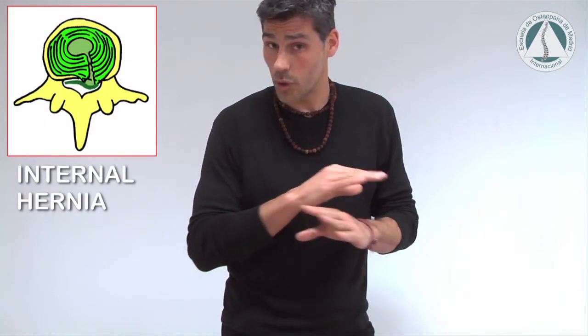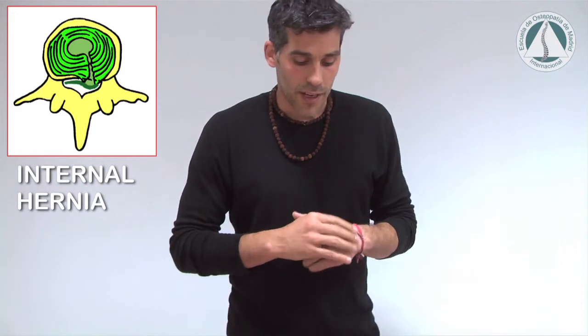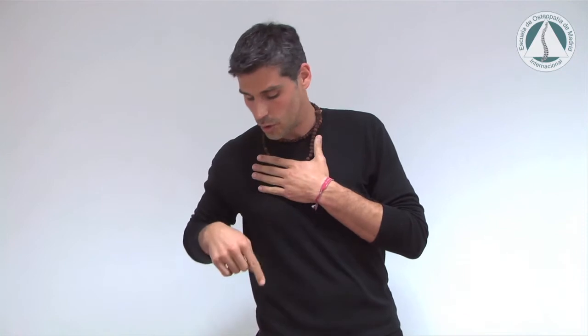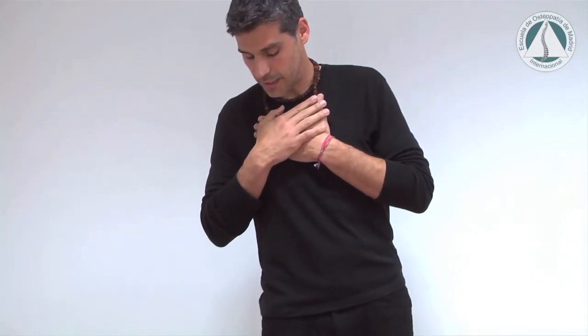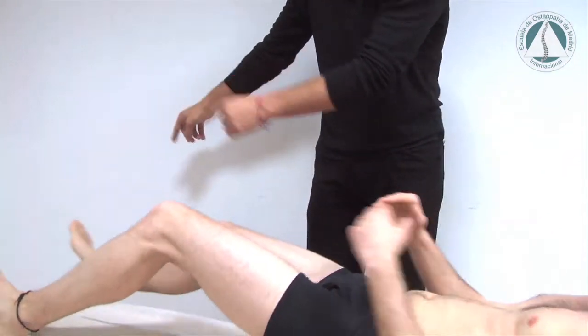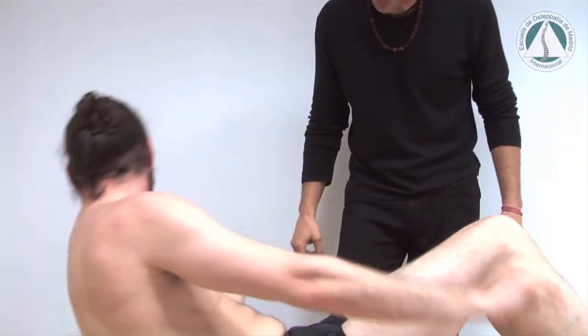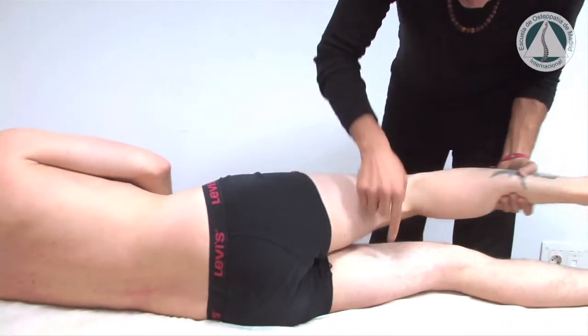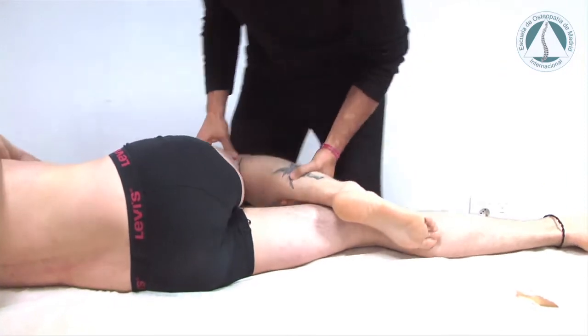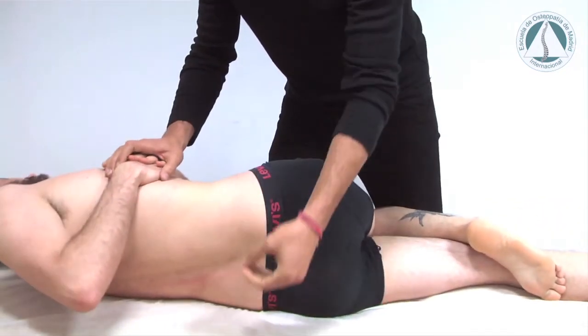If we have an internal hernia, this is the most common hernia, you will have an antalgic position, a protective position, going to the leg, with sciatica. It's a direct position, a protective position. In this case, what we do is, please put your head there, thank you very much. The leg with sciatica, with sciatic pain, we put it close to the table, and I make a normal